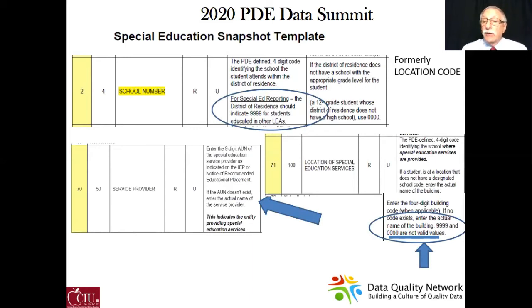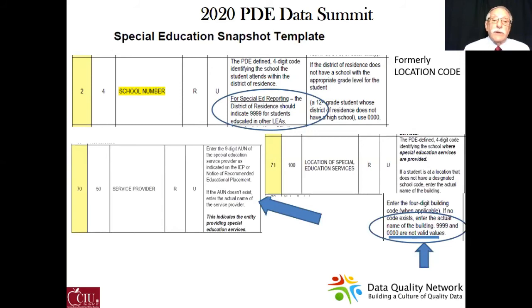If the child isn't served in a public school building, then you would put the text of that location. But looking at field 70, just make the effort to find out if it's a private facility, do they have an AUN? Because it is helpful to PDE to find out just where children are being served by